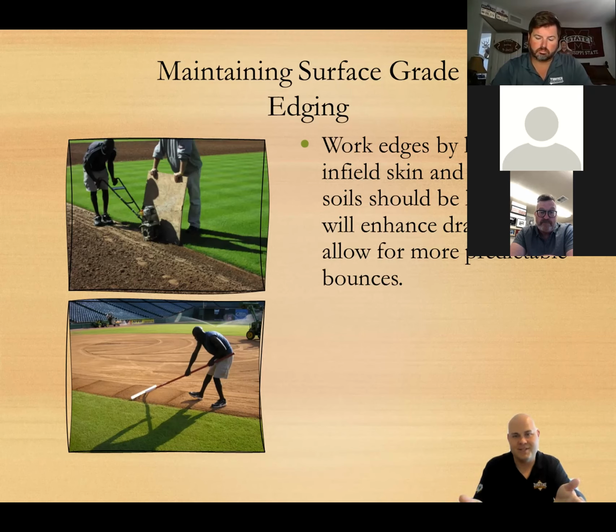Everybody's having the same conversation. If this infield is the same as an infield down the street, now we can talk about, hey, my soil moisture reading device in my skin is saying it's 20%. That seems really good. And then maybe somebody down the street is saying, well, mine's 40, and it seems to be a little bit safer.